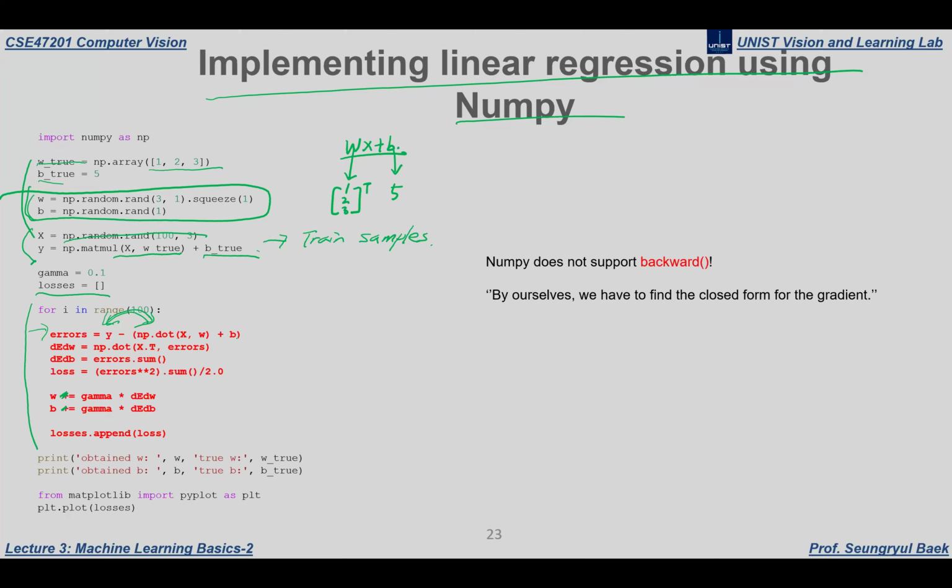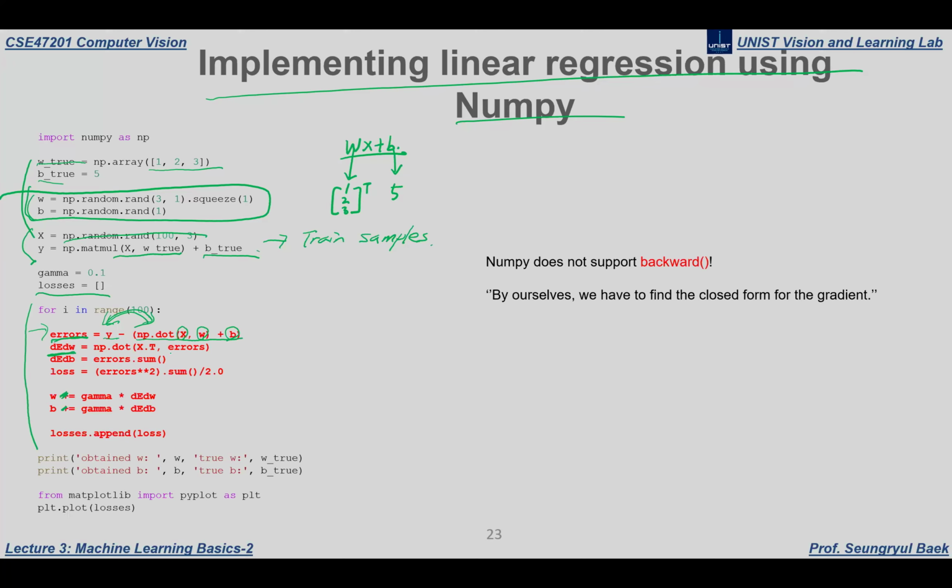This is the predicted value. For X, we will multiply W and add B, which is random at the initial iteration, right? We will find the difference to the ground truth. Okay, this is the error. And for differentiation of the error with respect to the W parameter,